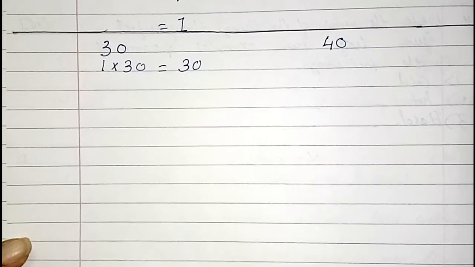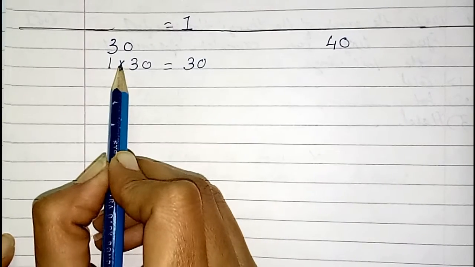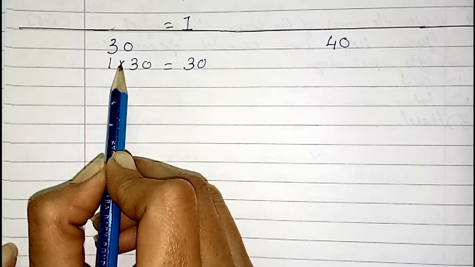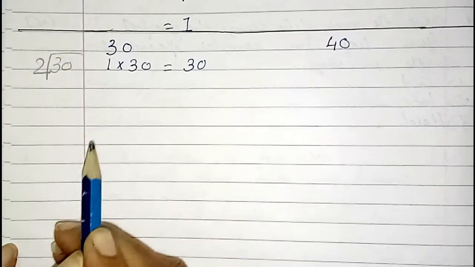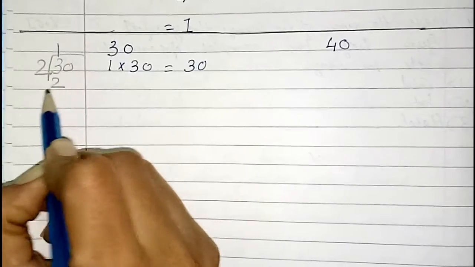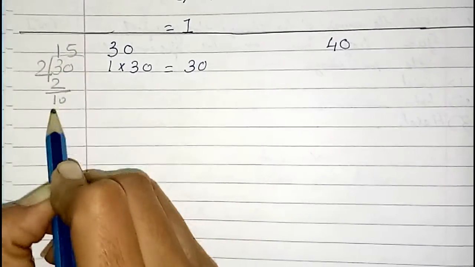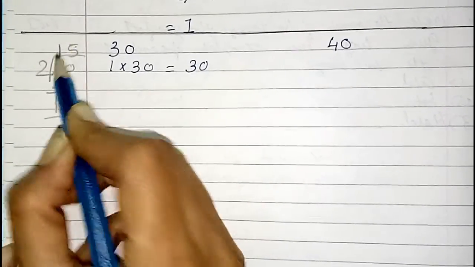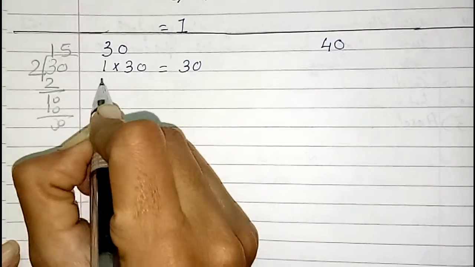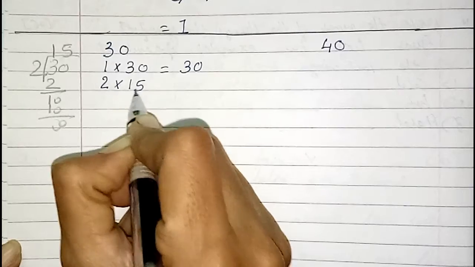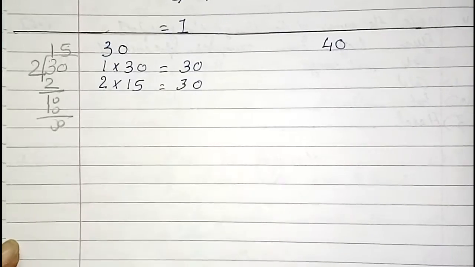Okay. Now 2: it is an even number, so yes, this number can be divided by 2. It is a big number, and division does not come easily? Tables do not come? No problem. You can divide by 2 in rough. 2 ones are 2, 2 fives are 10, so 15 twos are 30. Right here 2 multiplied by 15 is equal to 30.